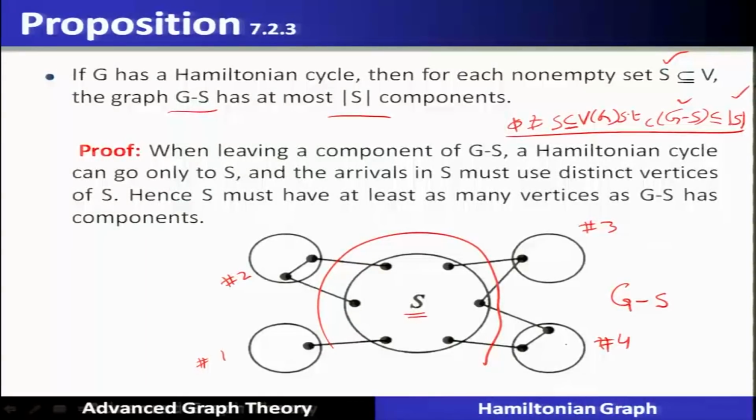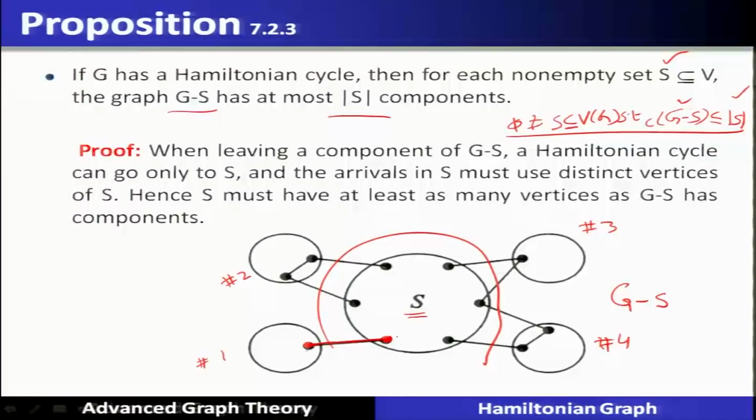Now, when leaving a component of G minus S, let us say component number 1, a Hamiltonian cycle can go only to S. So, that means a particular vertex in every component will arrive on S at a distinct